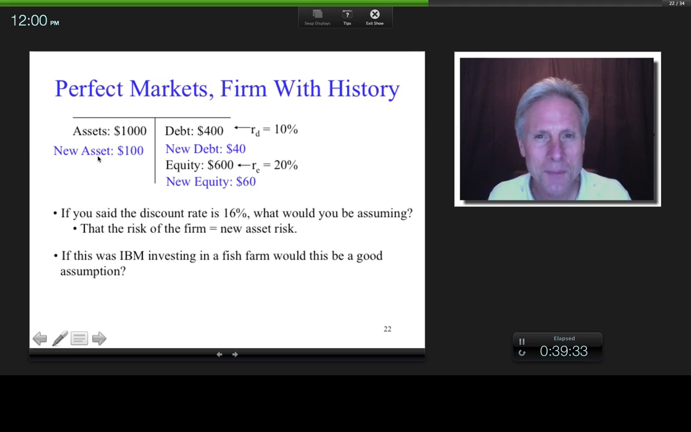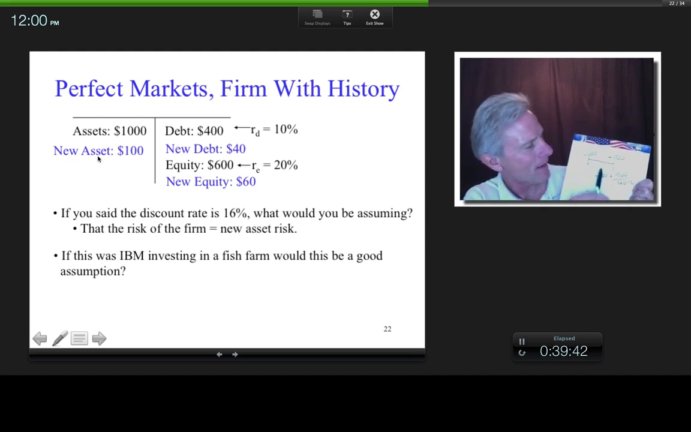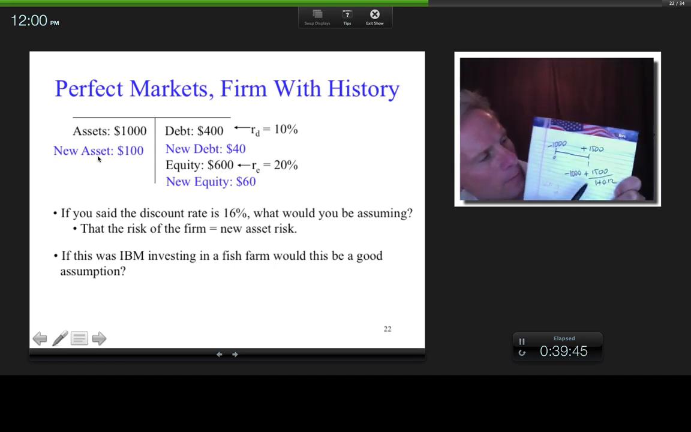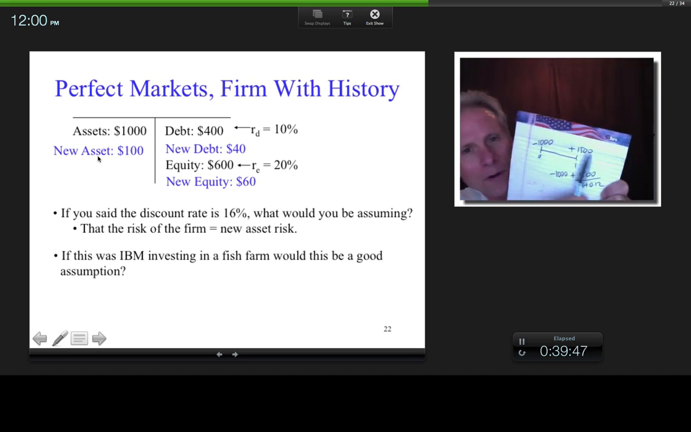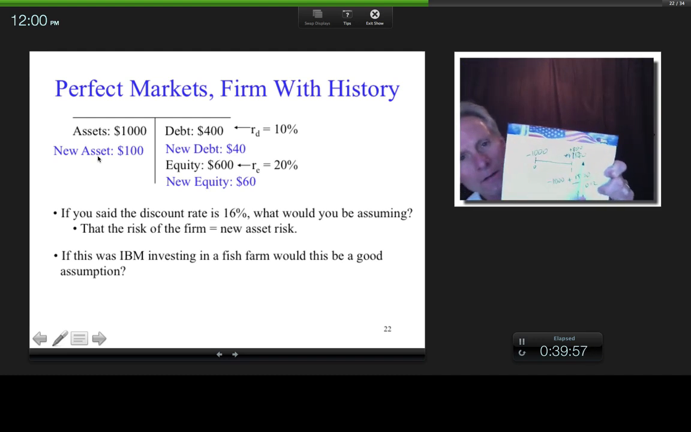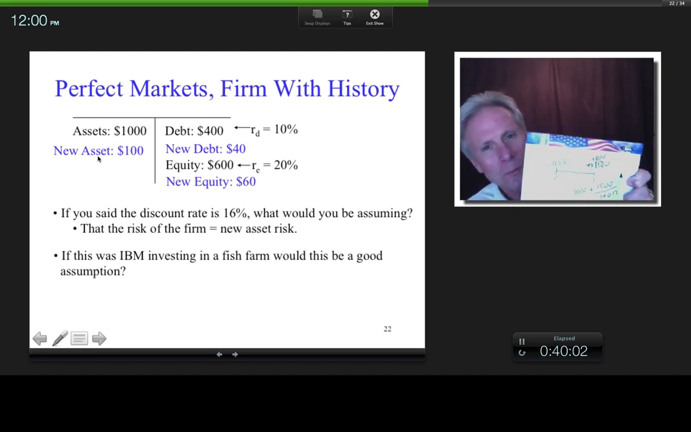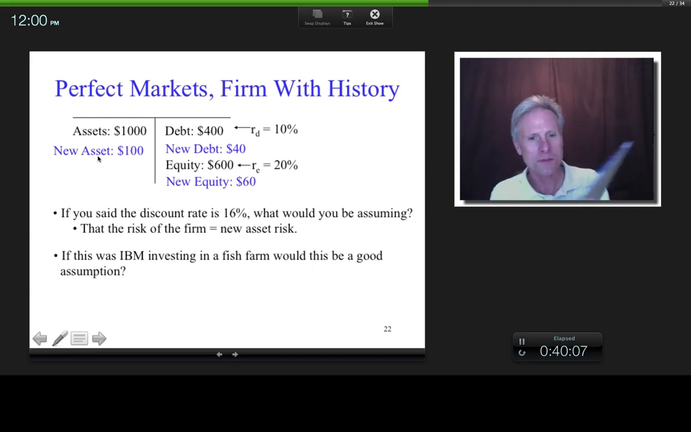Now, of course, in IBM's case, since they don't know how to operate a fish farm, if we go back to this example, okay, if this is the fish farm, and IBM doesn't know how to operate a fish farm, well, IBM probably wouldn't have something like that. Maybe because they're really bad, maybe they spend 1,000 and they only expect to get 800, right? But the discount rate would still be reflective of fish farm risk. And so therefore,